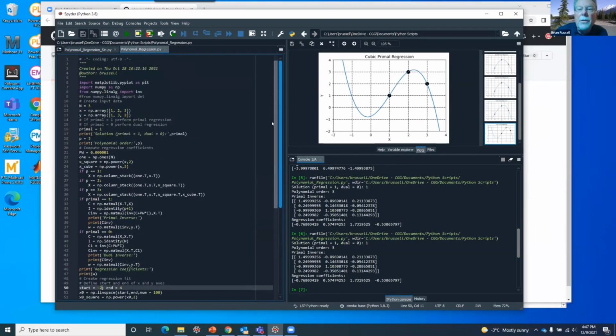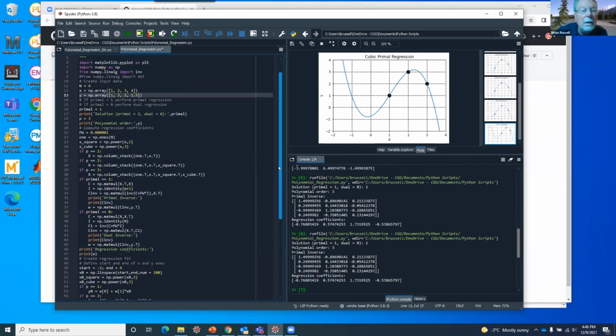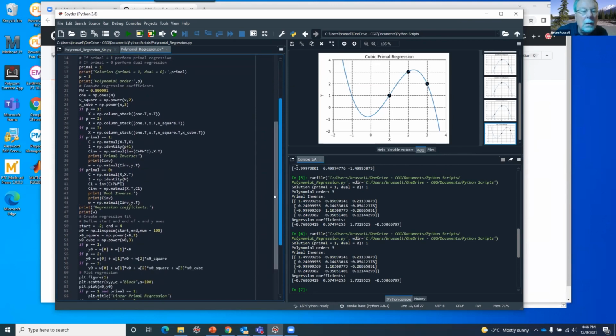Now the other thing I should point out is it's fairly easy to modify this. Let's say I wanted to do a 4-point problem. So let's say now I go out to 4 for the x, and let's put a number like 1.5 in for that point, and let's expand the plot now to end at 5 rather than